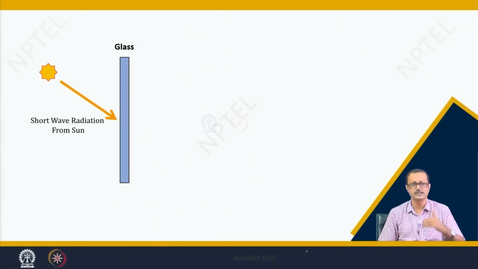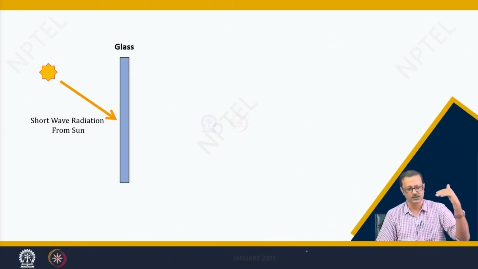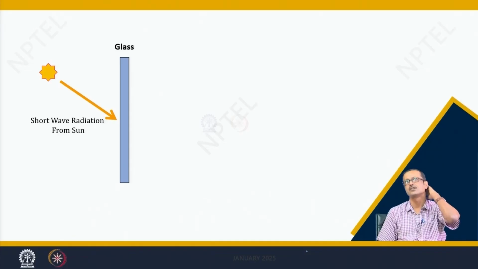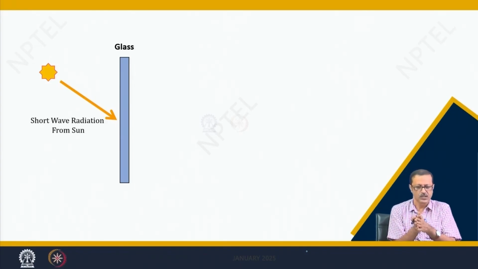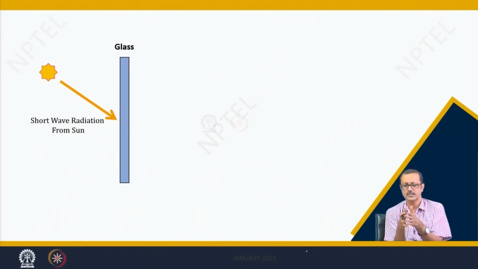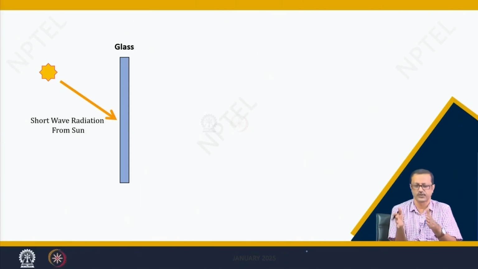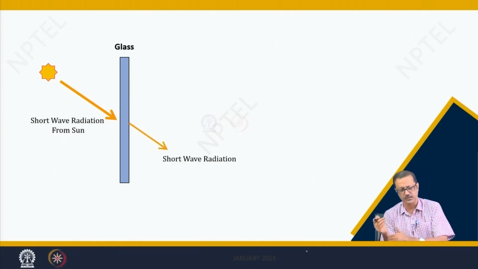So, you see when there is radiation falling from the sun, sun rays come with only short wave radiation. What is short wave radiation? If you see the electromagnetic spectrum, there is visible light, we will come to that maybe 2-3 slides after. So, this radiation is infrared radiation. Infrared has a very broad band. Out of that, the short wavelength comes from the sun and falls on the glass. Now, short wave radiation goes in,